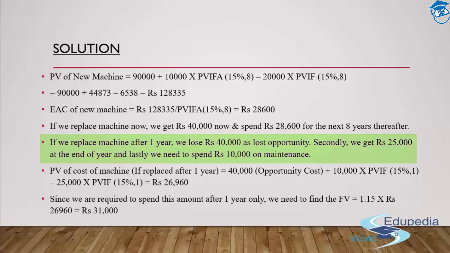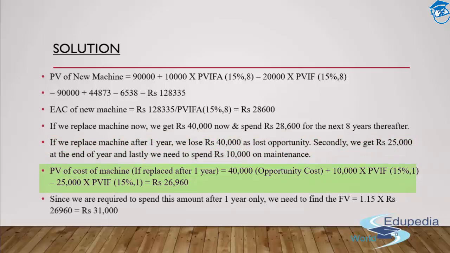I will suffer that opportunity cost of 40,000 rupees, plus I need to pay off the maintenance charges of 10,000 rupees. So I'll be multiplying the same with the present value interest rate factor for the next year, and out of the same I'll be recovering a salvage value of 25,000. Again, in the next year, I'll be multiplying the same with the present value interest factor of that particular year. So if I talk about the present value of the cost of the machine, it will cost me